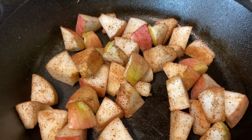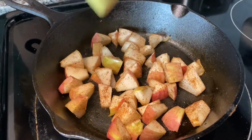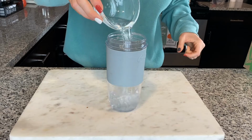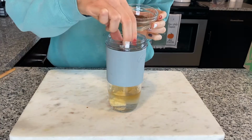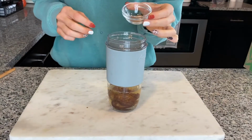Stir it up. You can add a little bit of water. Stir it even more. And then I ended up adding even more water to get them nice and soft. And then you move on to half a cup of water, half a tablespoon of Joy almond or cashew base, half a teaspoon of vanilla, 1 to 2 medjool dates for sweetness, half a teaspoon of cinnamon,